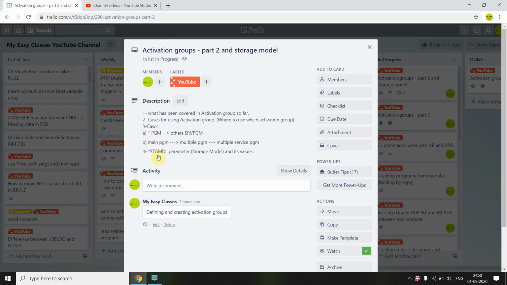So whenever we are creating the program for the main PGM, we will be providing the named activation group in which this service program will be running. And for multiple programs we will be giving the star caller. So for example, if these programs get called from this main program, or from somewhere else,